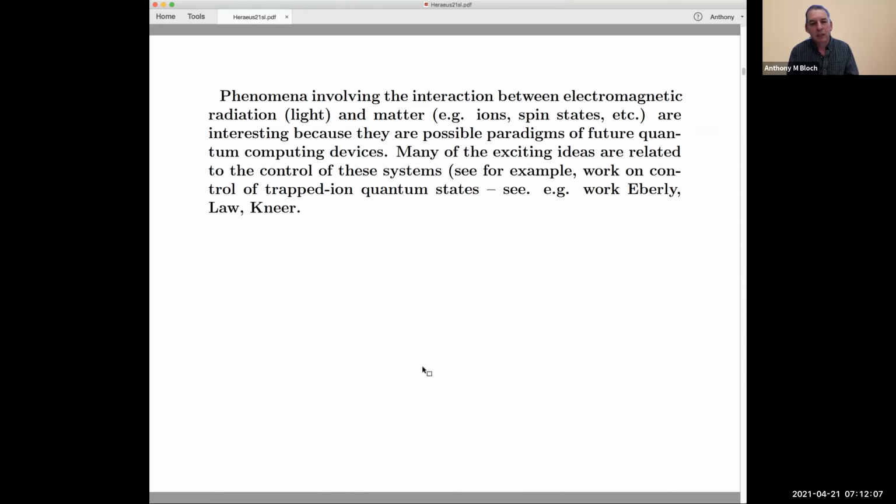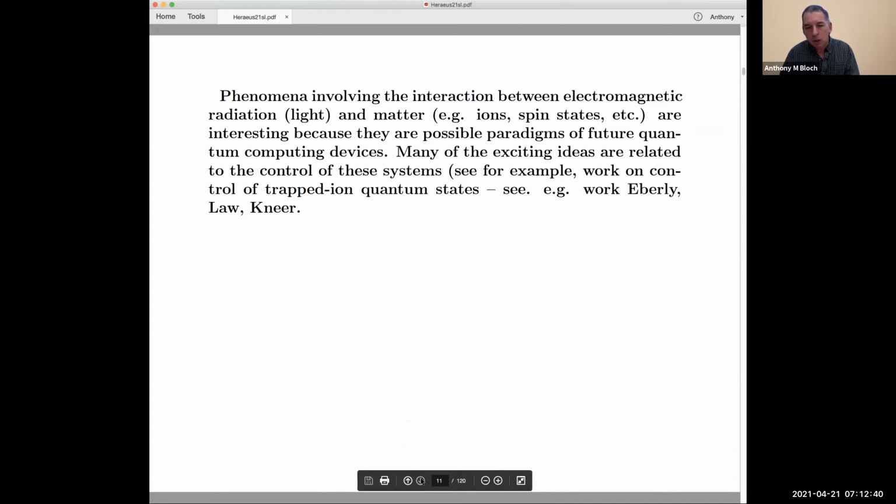Famous work is that of Eberle, Law, and Clear. And in some work with Chitra Rangan and Roger Brockett, we looked at how to control these systems, based on this work of Eberle and Law. And the idea was to translate these basic control ideas of controllability and so on to this setting. So if I have time at the end, I'll return to that. But I'm going to mainly talk here about steering the system in the presence of Lindblad dissipation,